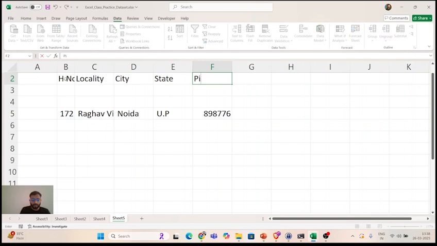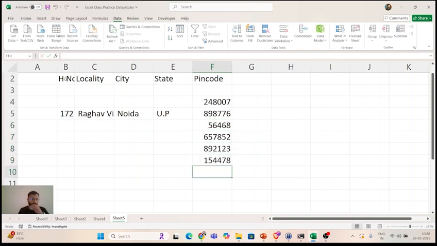So let's say I have multiple pin codes. Just for example, to understand a use case. Might be wrong, might be correct, but just to give you a glimpse. And now someone is asking, okay Akshay, initially I had the address. Now my manager is asking, Akshay, tell me how many pin codes are we serving? So I can very quickly select this column. I want to find the unique values in that column. Either I can do that using a function called UNIQUE.